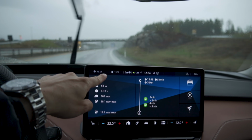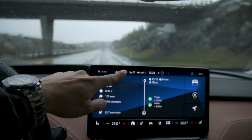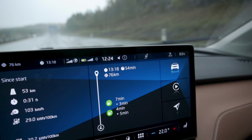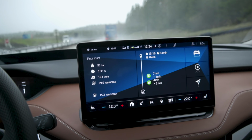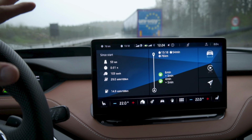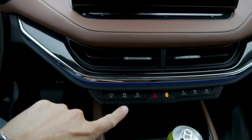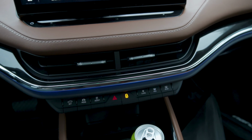And then you also have information on top here, your clock, your phone, everything. And then you have your heated steering wheel here, and that lights up there on the screen. I mean, this is so easy and simple to use. A bit overwhelming at first, but after half an hour, I'm already comfortable with it. And then you have the physical buttons down here. So you have your drive modes, you have your park assists, you have your shortcut to your climate, and it's just